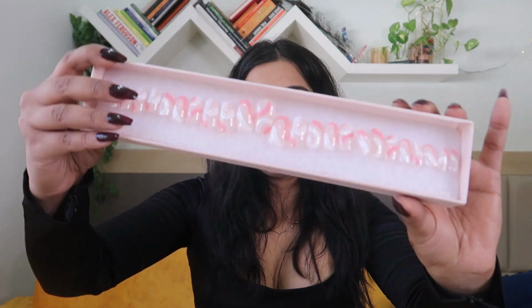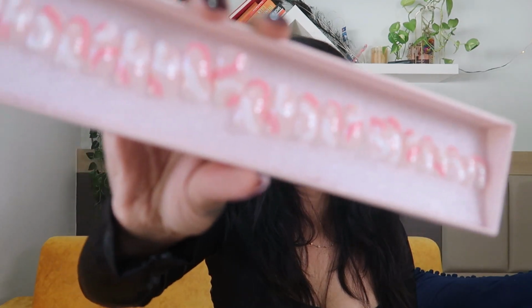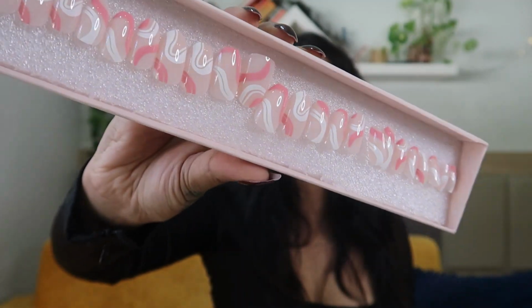But one of my favorite nails that I found on Amazon are from Kloss Beauty. First of all, the packaging is so luxurious. It's like a hard cardboard box, and it's just so pretty. This is how the nails come in this packaging. These are a set of 24, and I've ordered pink line art wala thoda sa design. Isn't this gorgeous? I haven't applied these ones from Kloss Beauty, but the quality that you're getting